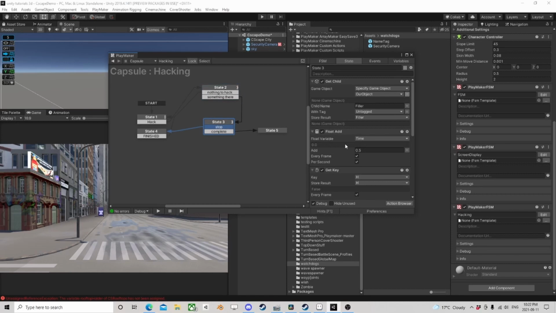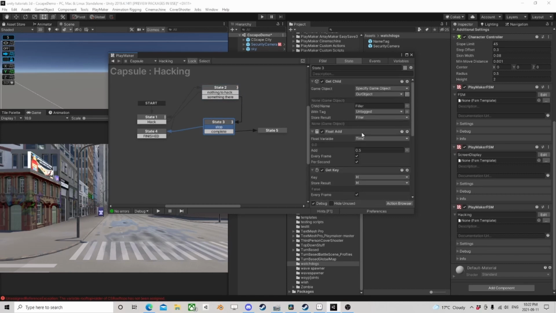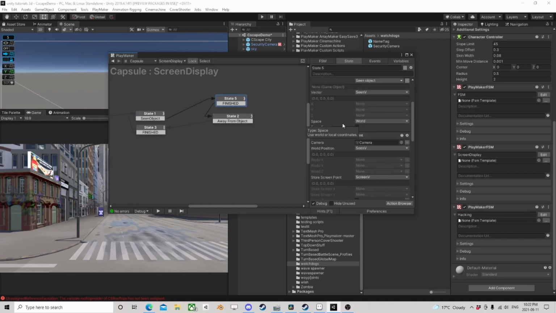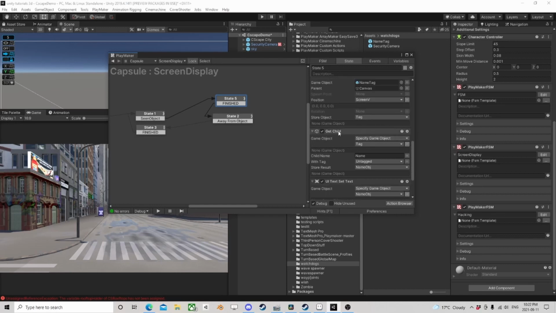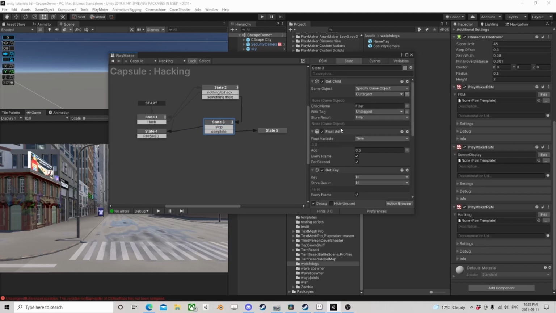Wait. Oh, we're under hacking. Oh wait, no, that's right. Yeah, because we come over here and we create an object called tag. We get, yeah, so that's the one we want, is tag. Well, see there, I messed that up. So we want to